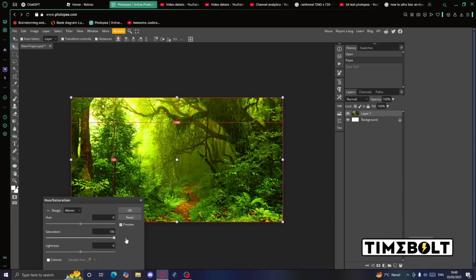But never go all the way up, because sometimes if you do that, some brighter parts of the image are going to create this thing called noise. It's kind of hard to explain what it looks like, but it kind of looks like TV static. You just don't want that in your image. Trust me, bro. You just don't. So do make the saturation higher, but don't make it too high.